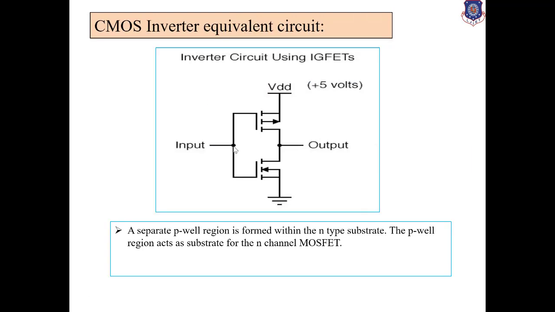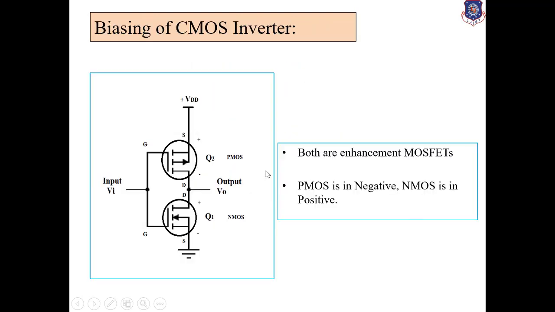So according to this main circuit diagram, we can describe first the explanation of the circuit, and this is the combination of the NMOS and PMOS. According to the direction of the arrow, we decide the type of MOSFET, right? Again, I have drawn here the biasing of the CMOS inverter with circuit design. Again, I am repeating: inside arrow, that is NMOS, and outside arrow on the source terminal, that is PMOS.